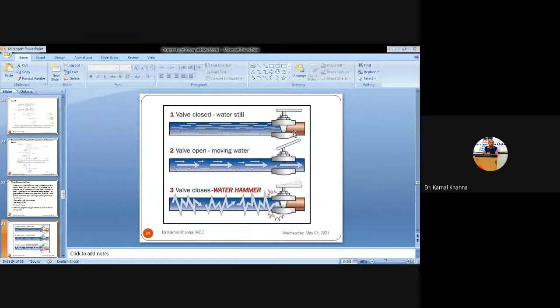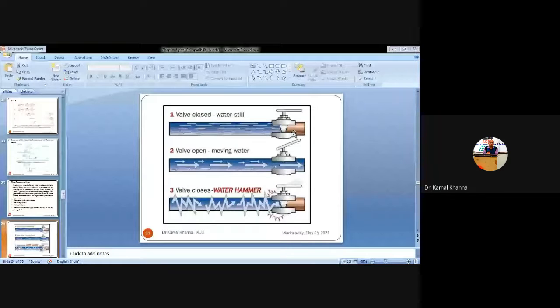It is always advisable to gradually close the gate valve, so that the momentum of the water is not suddenly destroyed, and the kinetic energy is not suddenly converted into strain energy, thus avoiding the causes of water hammering that may reduce the life of the pipe. So you can understand this.